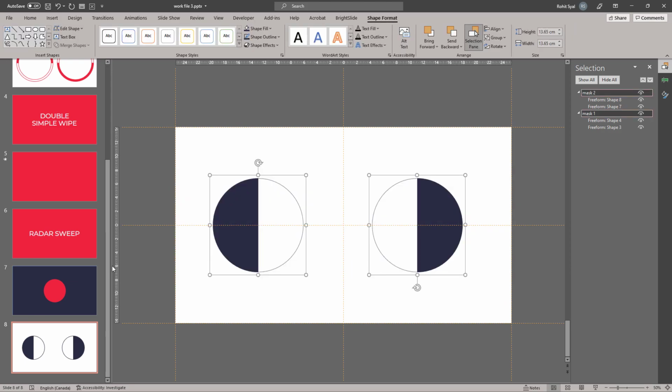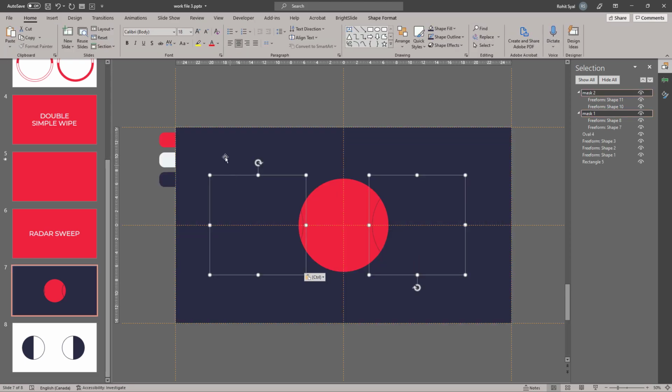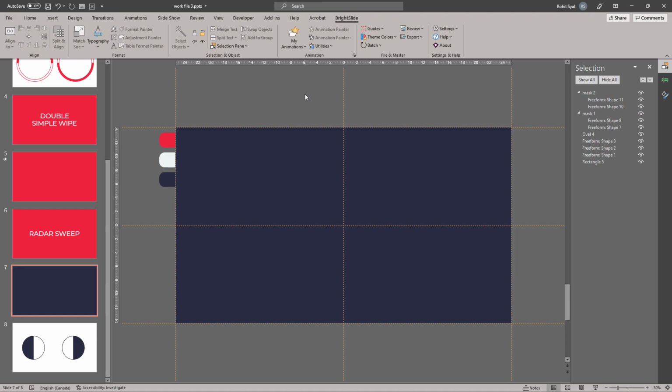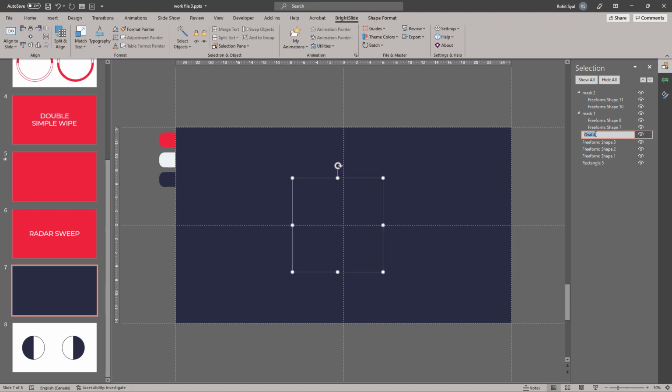Let's bring our two masks over. Let's overlap them. And there we go. Change this to base. And this to BG.